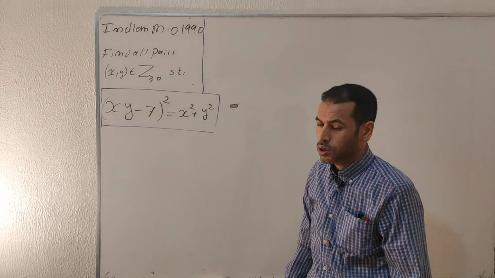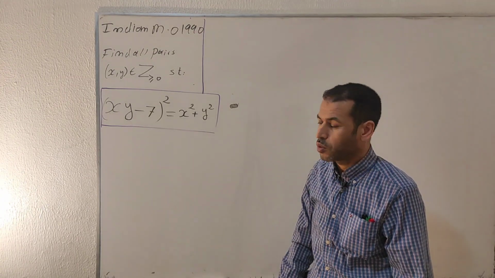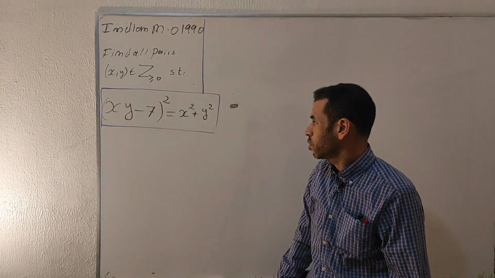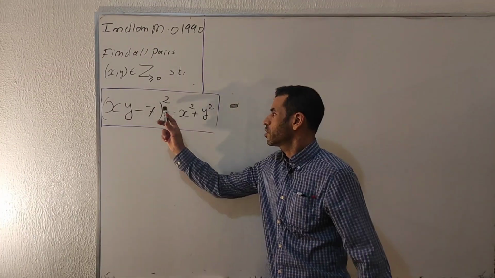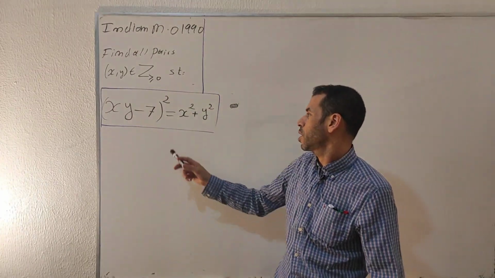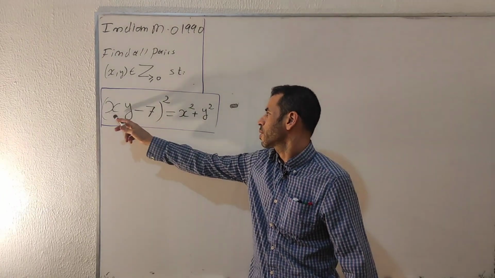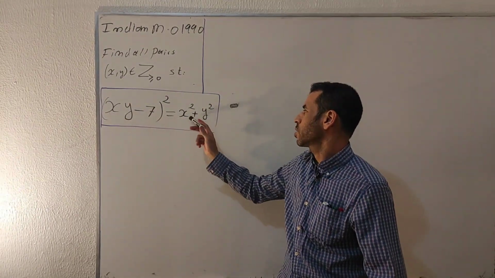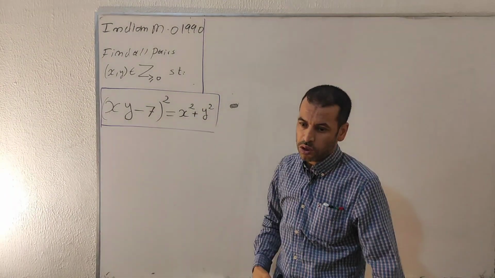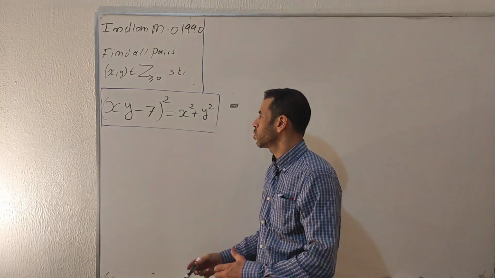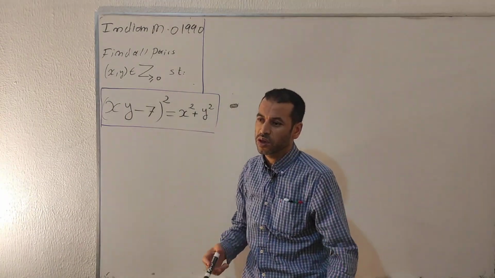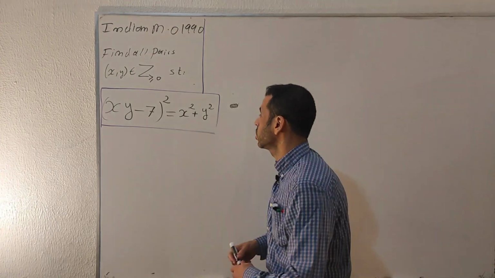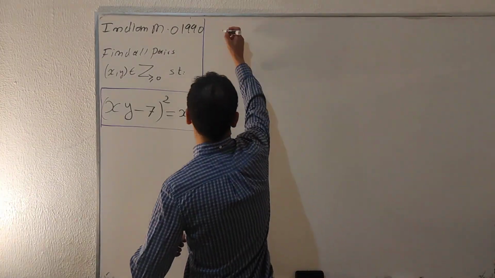So maybe there are a bunch of ways to solve this one. I'm just going to do the way of factorization. The first thing that I'm going to mention here is that we have a nice symmetry, because we have this product xy and this sum x^2 + y^2. Since we have this symmetry, we are going to assume one of the variables is smaller than the other one. Okay, so without loss of generality,